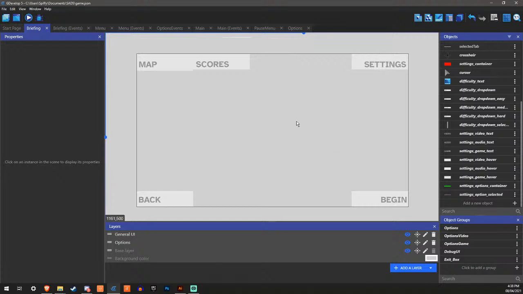I think it'll probably just be text objects at the moment, seeing as I haven't actually made a level yet. Actually, I should probably start making levels soon now. Yeah, I should probably do that.